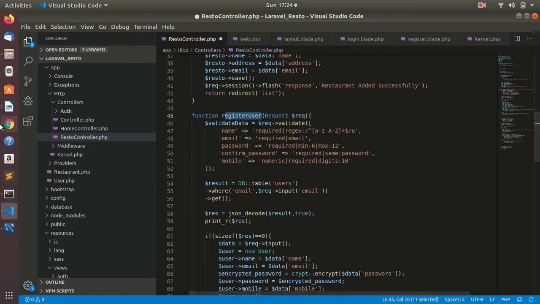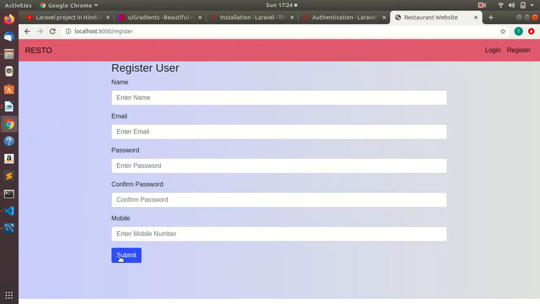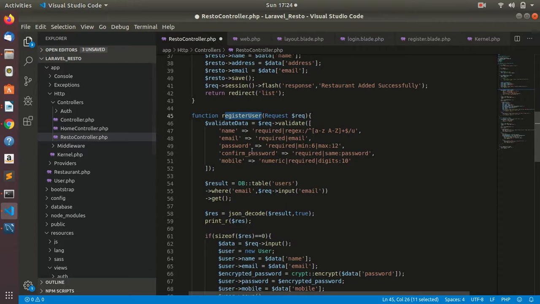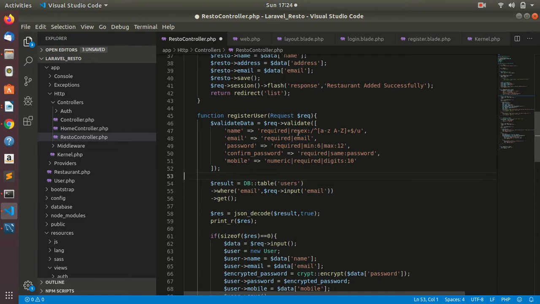When we submit our form data, when we click submit, the data will go to the controller using those routes. Firstly we will validate our data. We have used both front end validations and back end validations. Front end validations, that is HTML validations, and here is Laravel validation using the validate function. Once the data is validated, we need to send this data to the database, and to store the data in data tables in the database we need to create models.